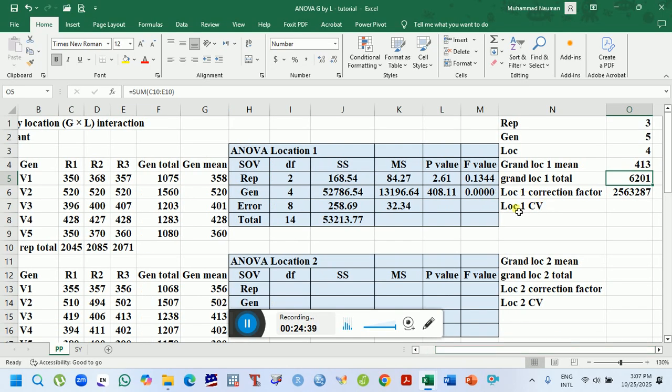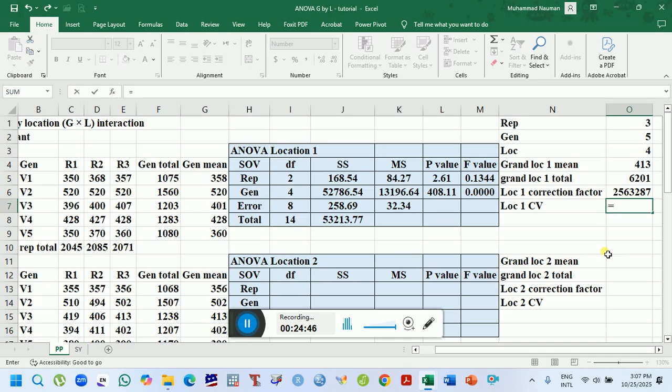Okay, now we will calculate the coefficient of variation for location 1, is equal to square root, type sqrt, double click on sqrt, and make the selection from error mean square. It means we have taken the square root of error mean square, close this in one bracket, divide by